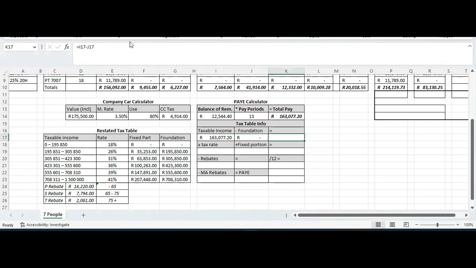And so our answer will still remain the same. Now we go and we look and we see that the tax rate in his case, we knew it already, is only 18%. And we know that the fixed portion is 0 because it's only 18%. So when we now calculate that, it should still be 29,353. So remember, we took what was in that column, we multiplied by the tax rate, and then we add